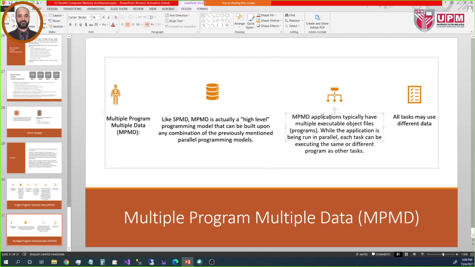In MPMD, applications typically have multiple executable object files or programs. So here we have multiple programs. While the application is being run in parallel, each task can be executing the same or different program as other tasks. So for example, in this case,